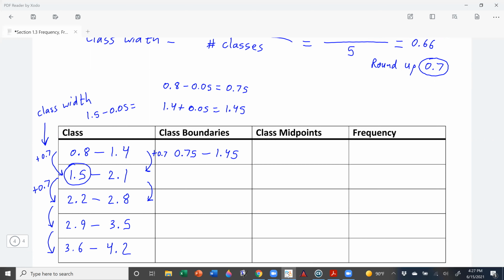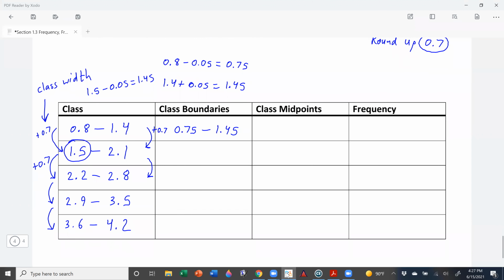But if we go 1.5 minus the 0.05, it gives us the 1.45, which is where we left off. And that's the whole point of these class boundaries: we want them to pick up exactly where the previous one left off, so there's no gaps. So let's use that strategy. This one leaves us off at 1.45, so this one's going to start at